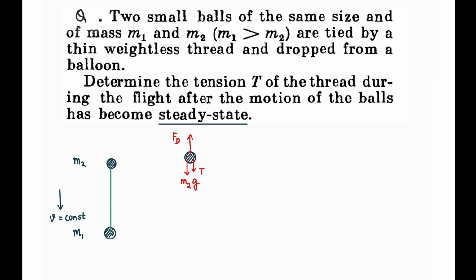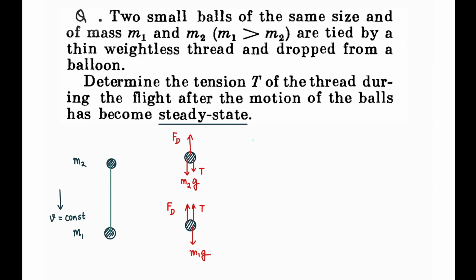is in this direction. Similarly, if we draw the FBD of M1, we can say that the weight M1g is in the downward direction. As it is moving in the downward direction, a drag force will act in the upper direction. Drag force always acts opposite to the direction of velocity, and tension on this ball will act in the upper direction. So this is the FBD. If we take the sum of tension T and T on either side, it will sum to 0, that is, it is an example of internal force.